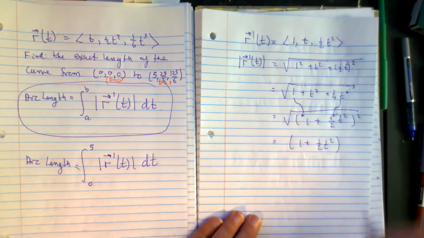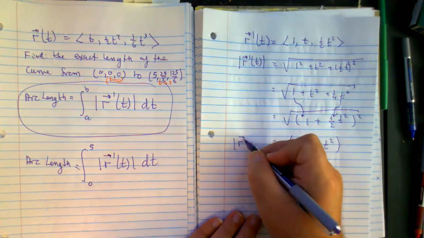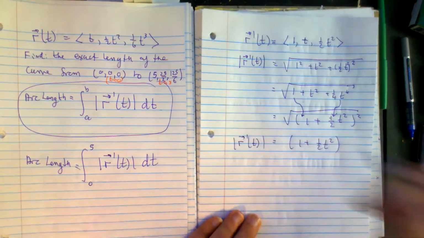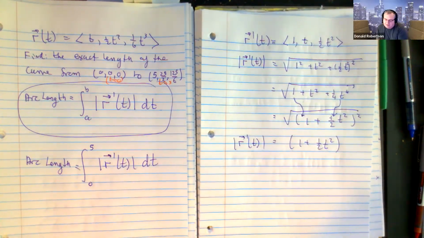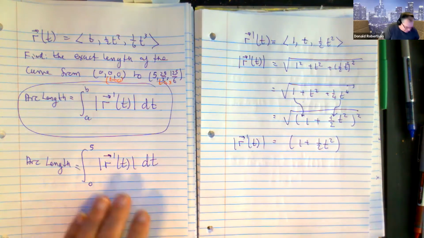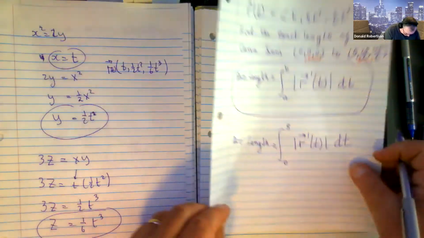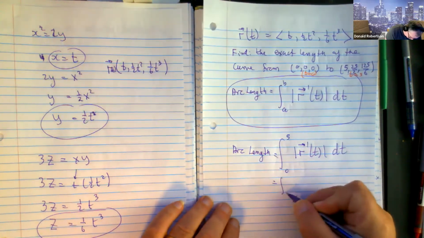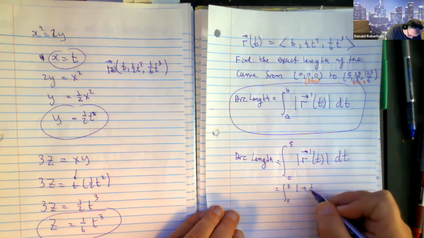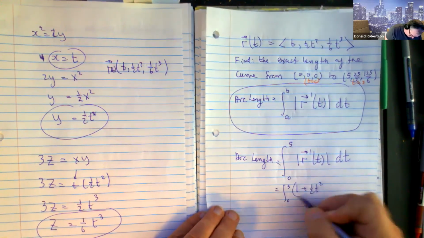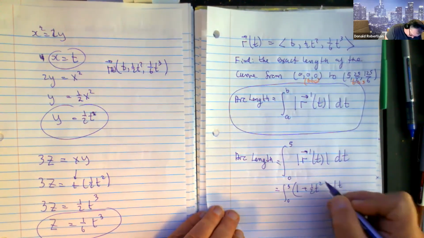Yeah. And because it's a perfect square, it's actually quite easy to integrate that guy. So now that I have this, I'm putting it in here. So it's going to be the integral from 0 to 5 of 1 plus 1/2 t squared dt,